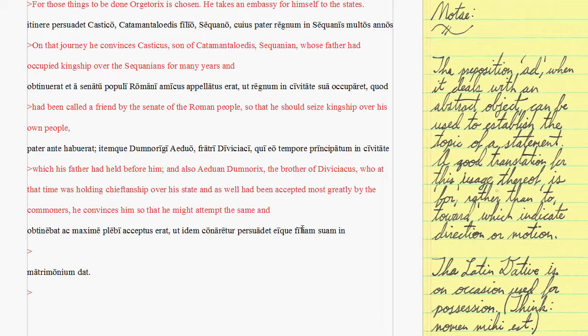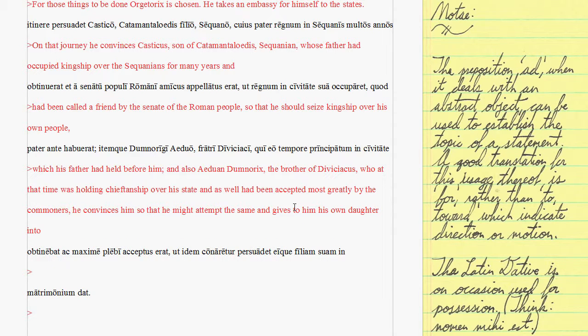of him, so his daughter, or this is going to be dative, really. Sorry about that. That I ending on the pronoun there is going to be dative, and for him, his own daughter in matrimonium dat, give to him, that dative object there, his own daughter in marriage, and gives to him his own daughter into marriage or wedlock. So Vercingetorix is going to convince him and talk to him about this,